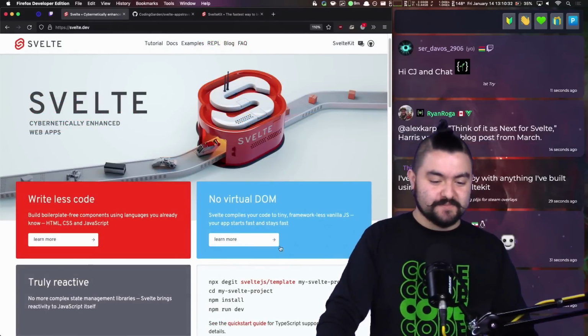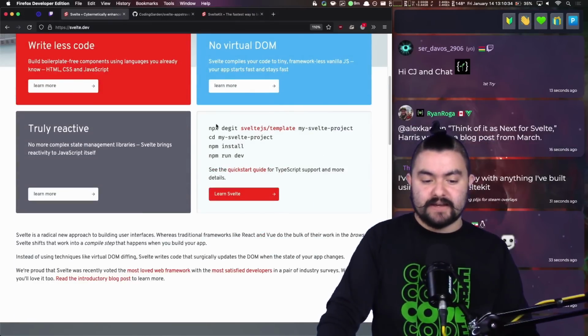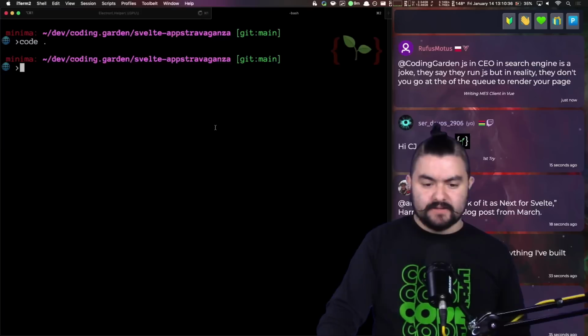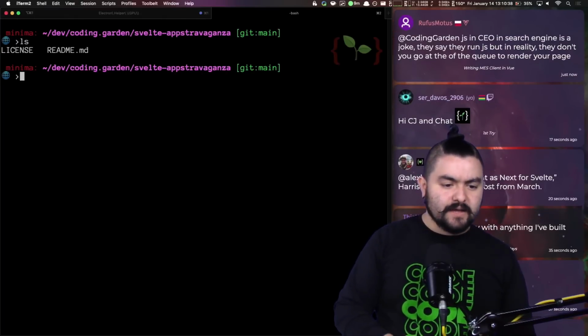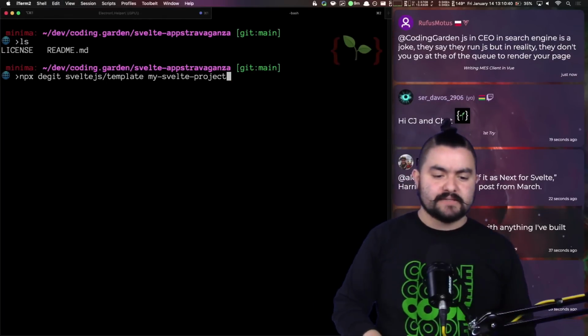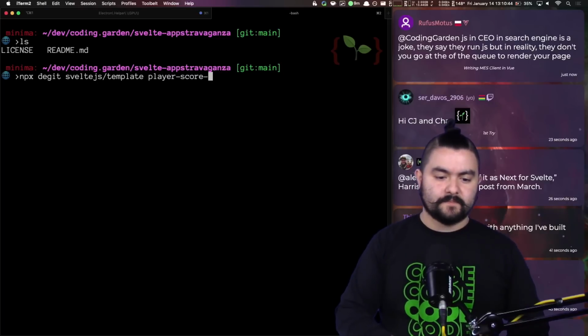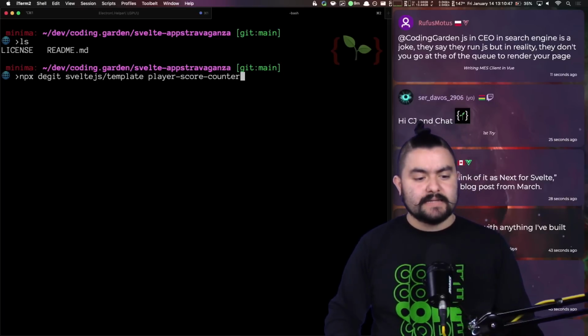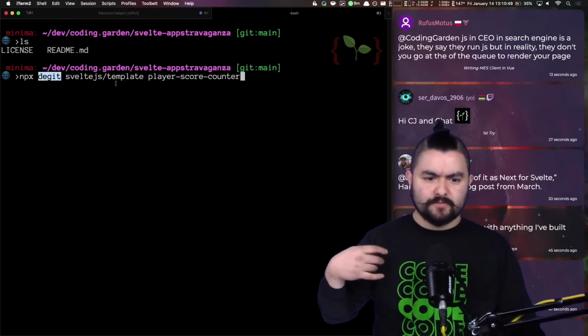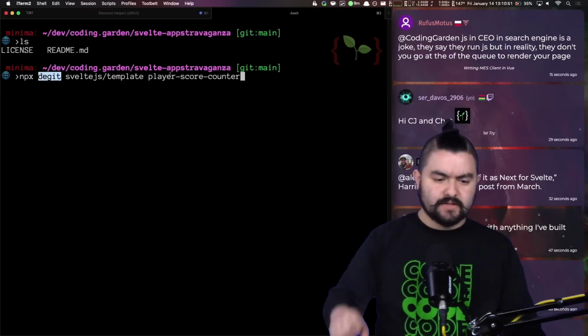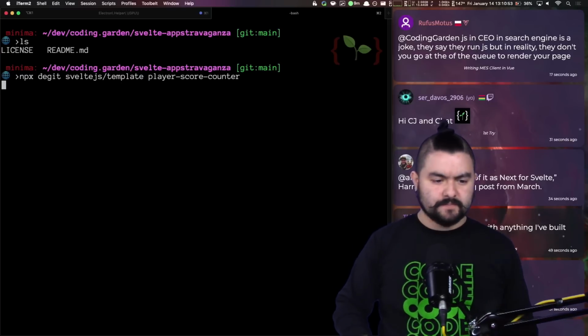But all right, let's write some code. First up, we need to generate an app. So we can run this command in our terminal. And the first app we're going to generate is the player score counter. So I can name it here. dgit is a tool for just cloning a repo locally and putting it into a specific folder. So we'll just do this